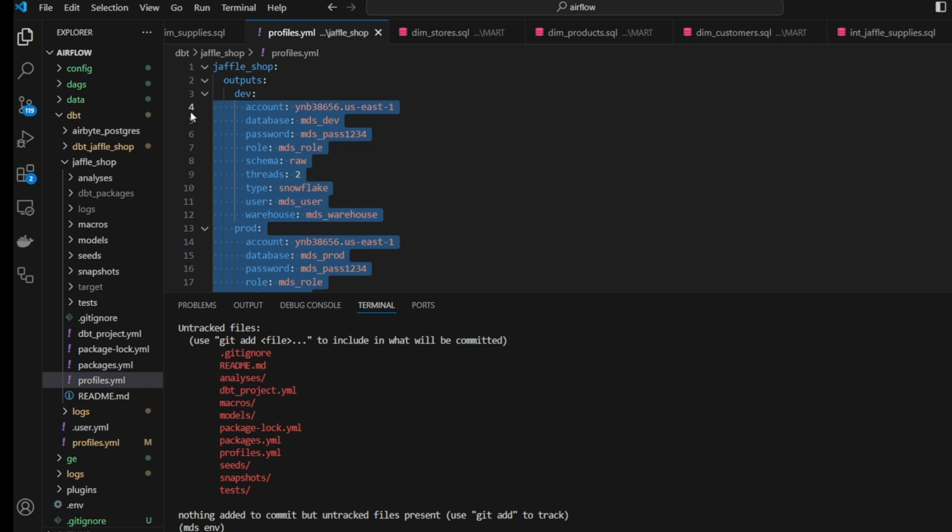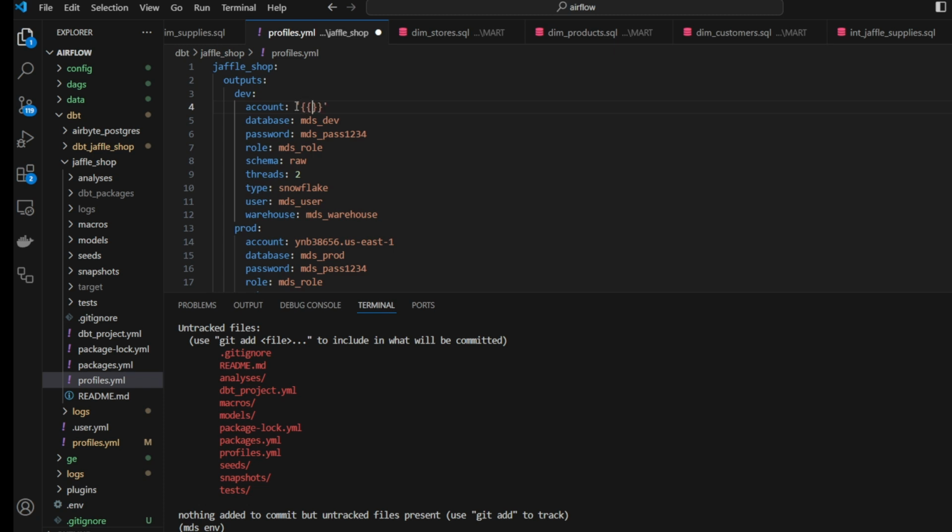So I'm going to be using it to set up environment variables on GitHub. All right, so I need the account on my Snowflake. Save this. So I'm going to create an environment variable